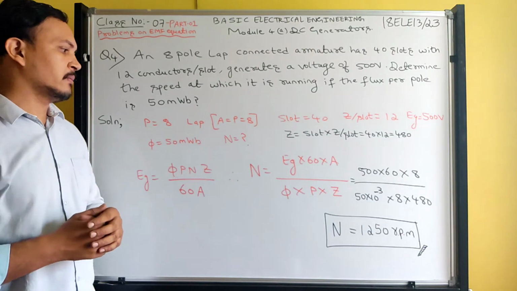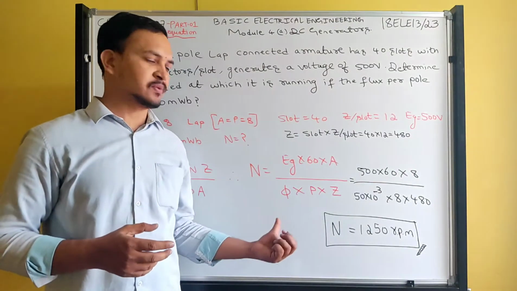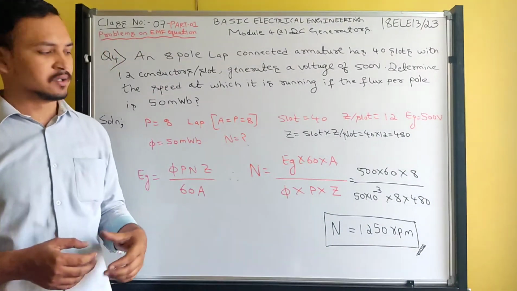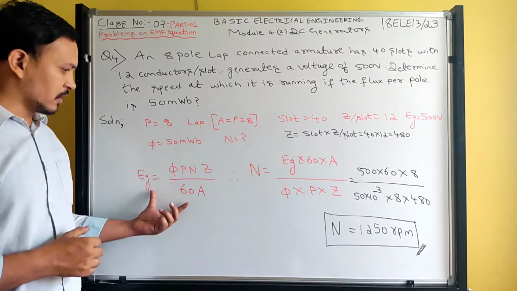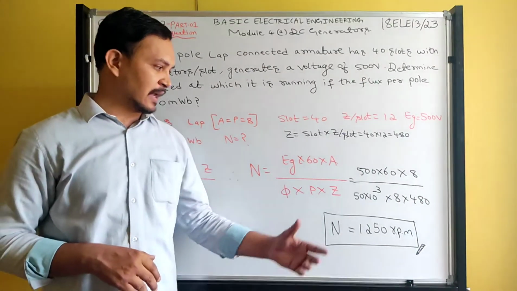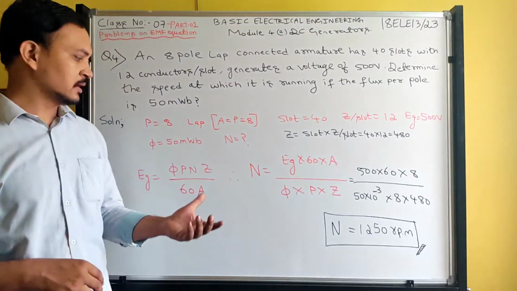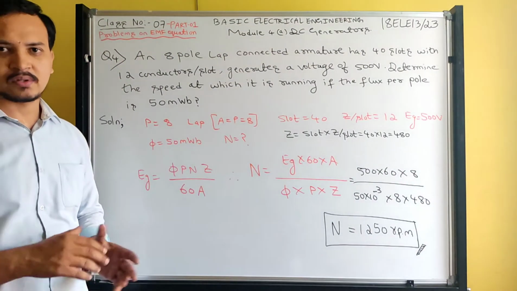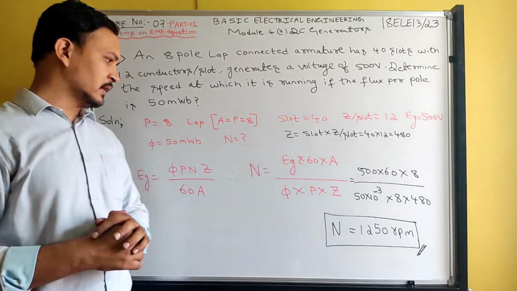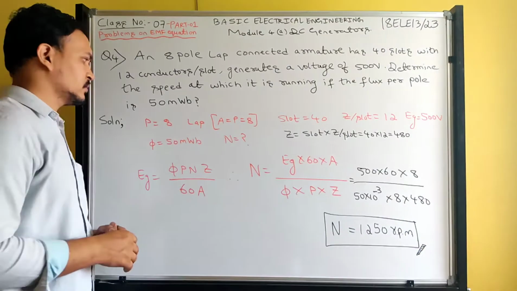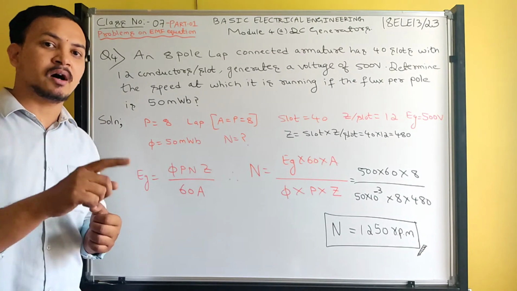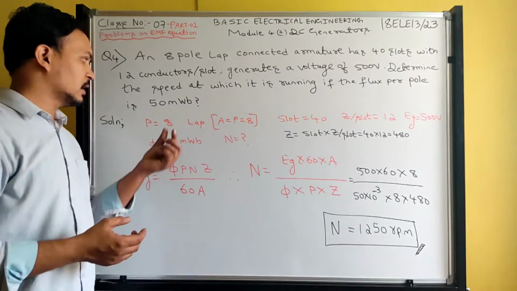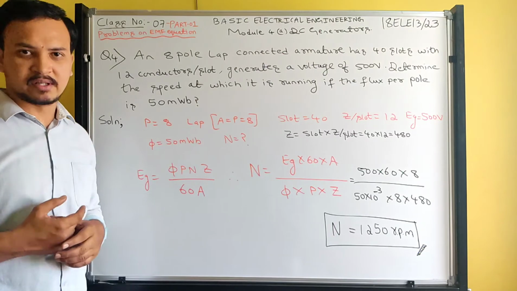Some evaluators will give marks because you have written the correct formula. Some evaluators will see both the formula as well as the answer. If the answer is wrong, they understand that your formula is wrong. So some will give 50% marks. So don't do like that. See the data, whether they have given milliweber or without powers. Now in this question they have given it with powers.